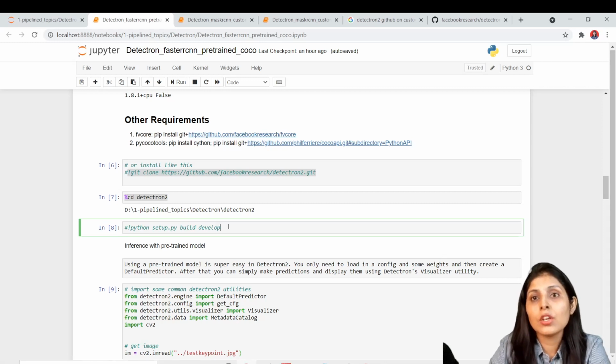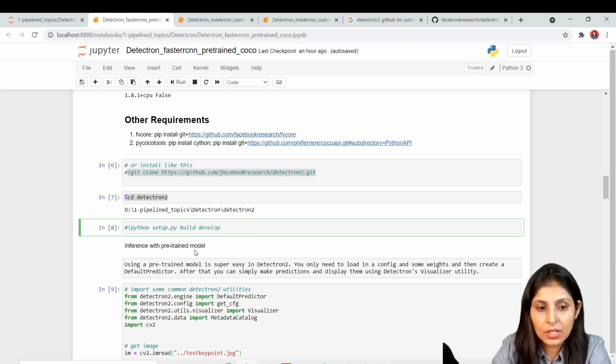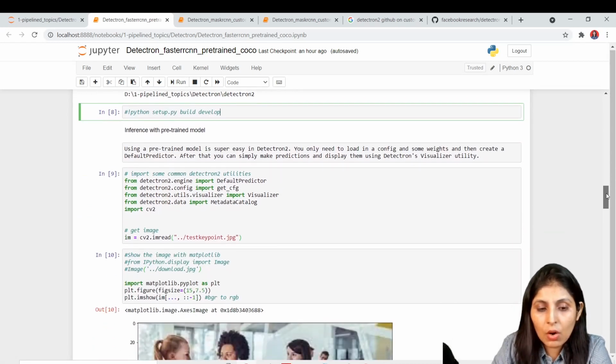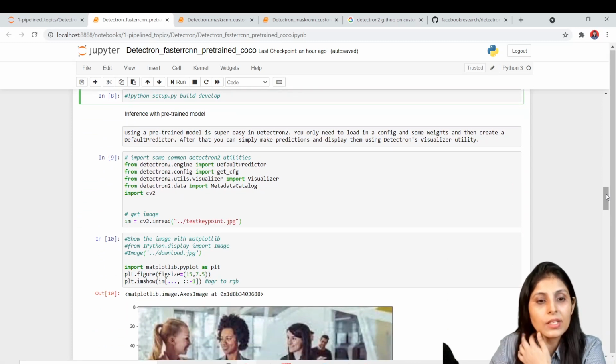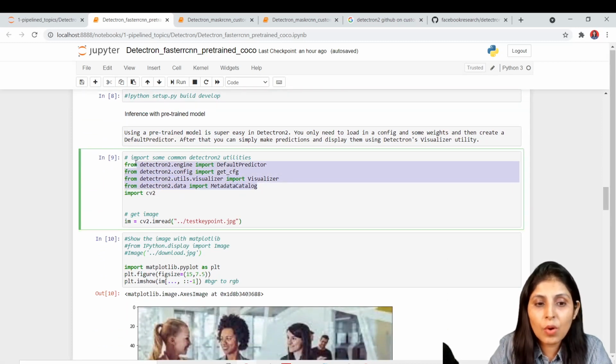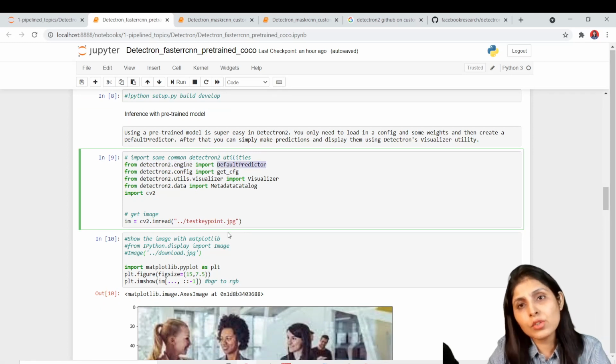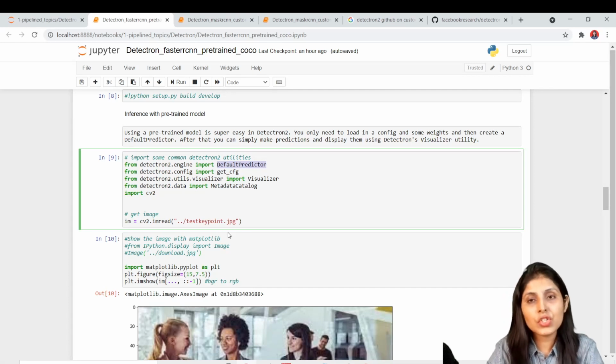Now we can try the pre-trained model, right, for different functionalities. So the very first thing which I'm trying, guys, these are the different modules. You can see Detectron 2, this is the folder name. From this Detectron 2 folder we are using this particular file, right? From this file we are using this function. So all these codes are already there. As I've told you, this Detectron 2 is a library, so they have all the code there, and we just need to make a few changes as per our requirement to see the desired results.